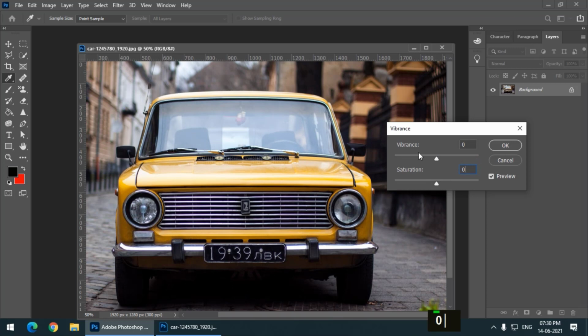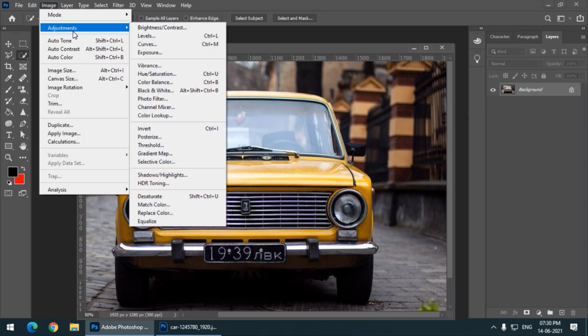And if I move the saturation slider, it will increase the color value. Basically it will increase the amount of color. If I take it to the right, as you can see, this is the original and this is what it has done. And if I take it to the left, then it decreases the amount of color which is present in any image. So it basically sucks the color, the saturation slider. So this is vibrance. Now we have one interesting option called hue saturation.